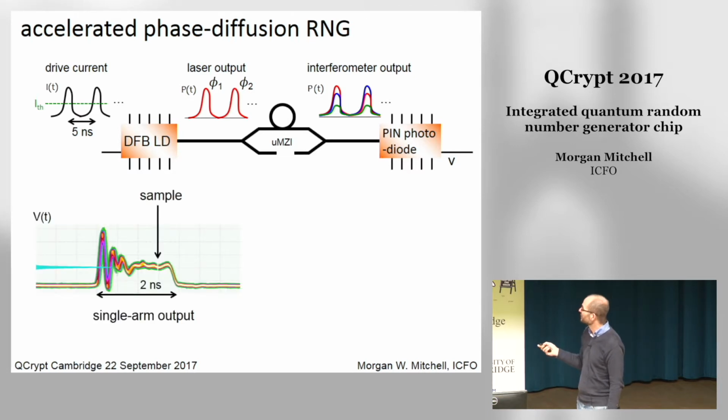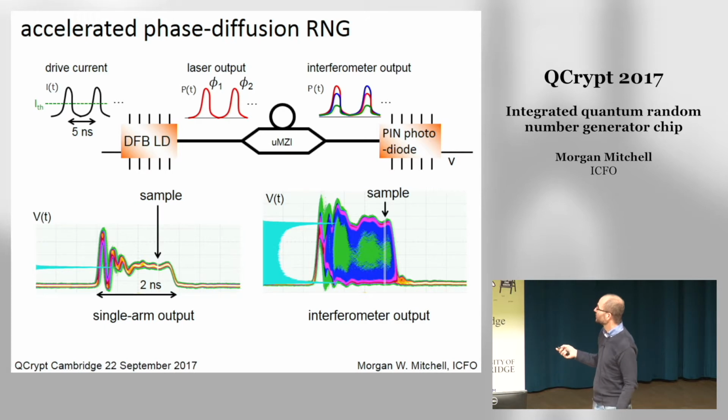Okay, and you can see this if I cut the interferometer so that I'm measuring just the pulses. They only have one way to get to the detector. Then I see these pulses, which when the current turns on, it does something messy, which is called relaxation oscillation, but then it settles down. And if I sample here, then this is the histogram of what I see. Okay, so this is many thousands of pulses which are overlapped with each other, and they all basically have the same behavior. Okay? And then I complete the interferometer, so now I have the interference,